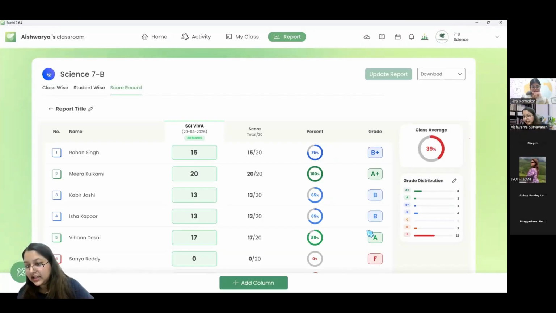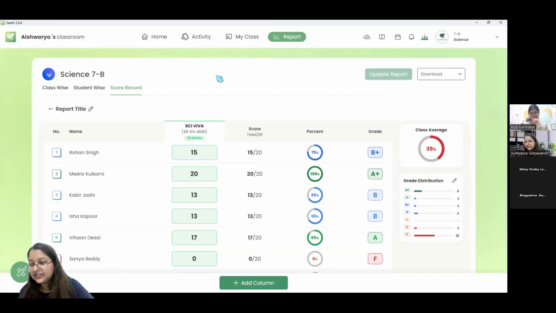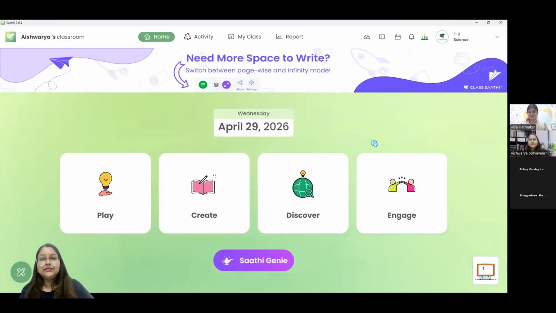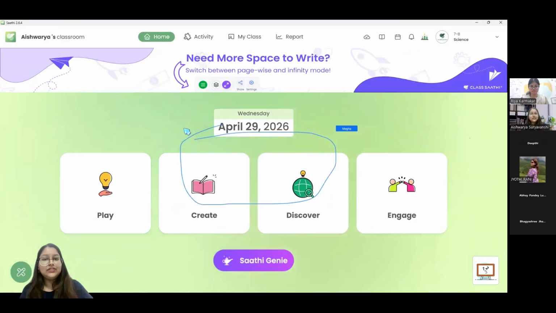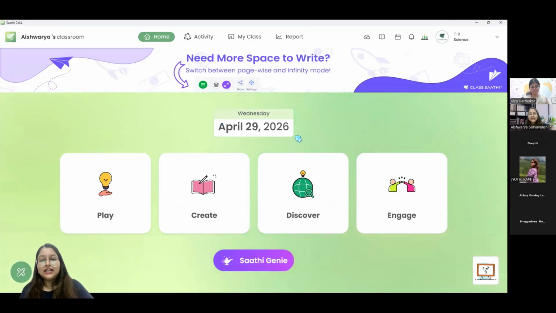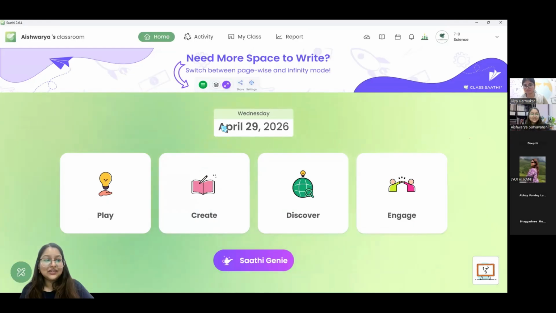Okay, we have someone saying they like the rapid recall, and I think I've shared the latest version for Class Sathi, which is 2.6.4. Okay? So I think we have come across all the new features that we have recently added in Class Sathi, and I can see somebody is trying to annotate on the screen along with me.